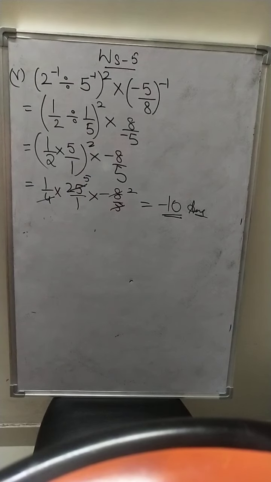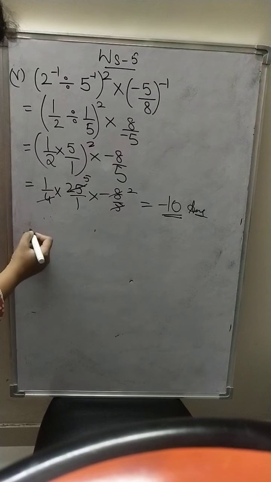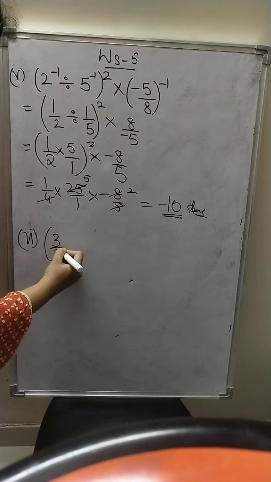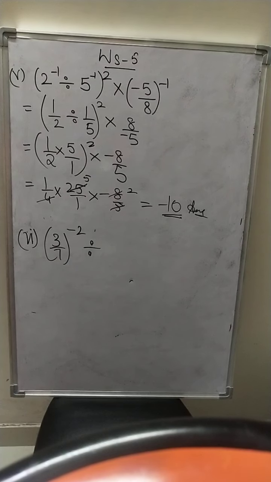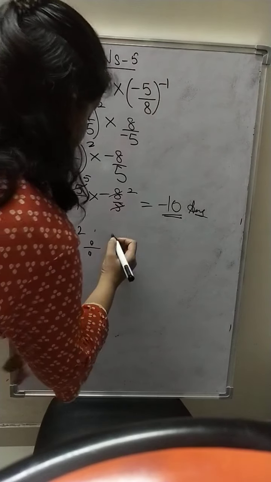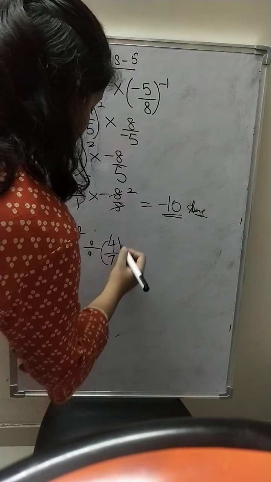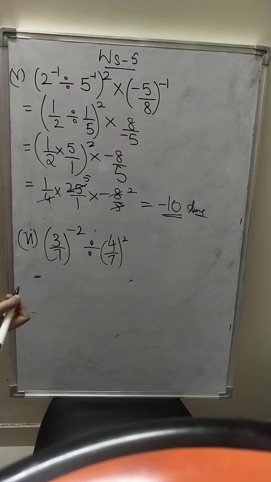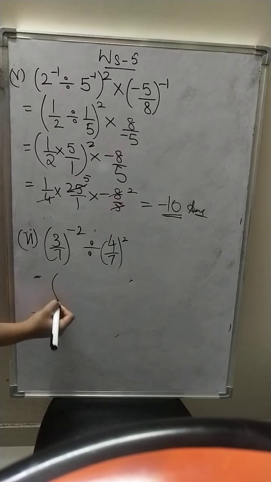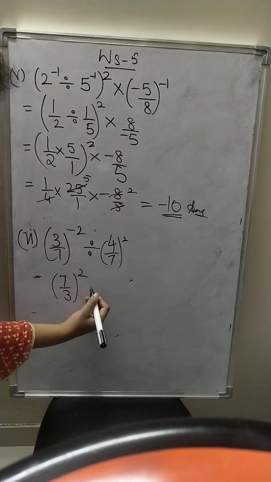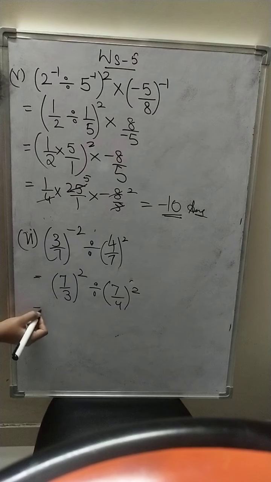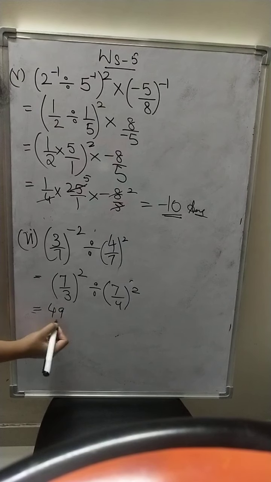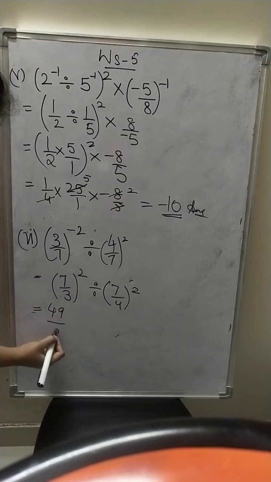So it is (3/7) raised to the power of -2 divided by (4/7) raised to the power of -2. So here now children, what we have to do? We have to write it as, I'll take the reciprocal, (7/3) raised to the power 2 divided by (7/4) raised to the power 2. So this is equal to, if I say this is 49 square, I am taking 49/9